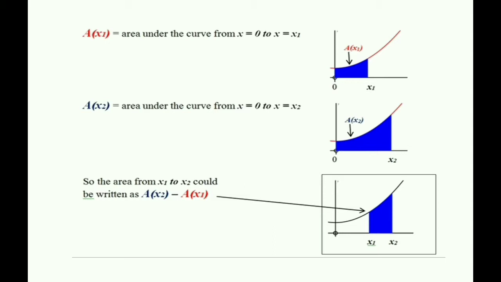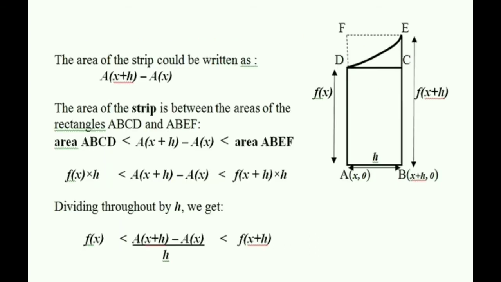And now we will take a function and measure its area from 0 to x1 and 0 to x2. We will name the area between 0 and x1 as a1 and the area between 0 and x2 as a2. Now if we subtract area a1 from a2, we get the area between x1 and x2. If we enlarge that cross section, it looks something like this. Here we have replaced x2 minus x1 by h.